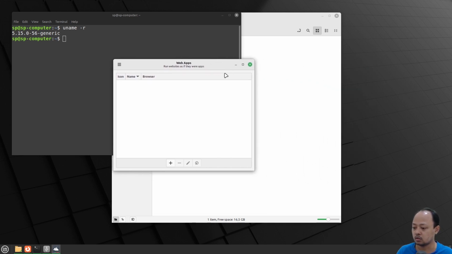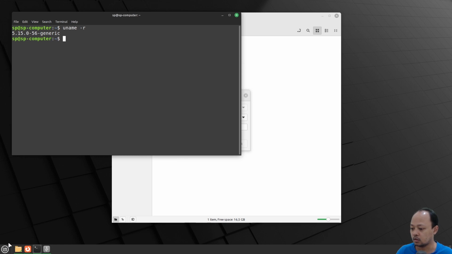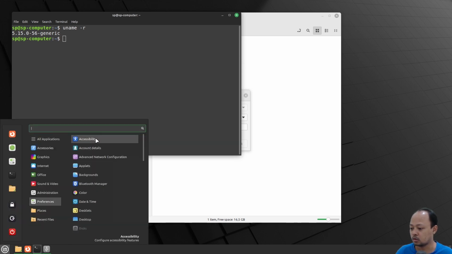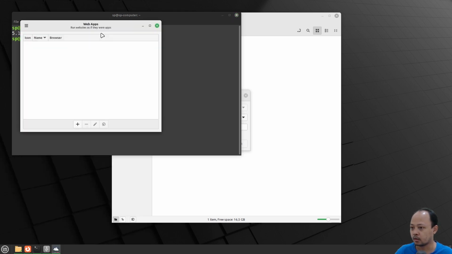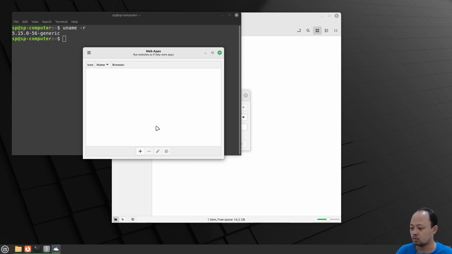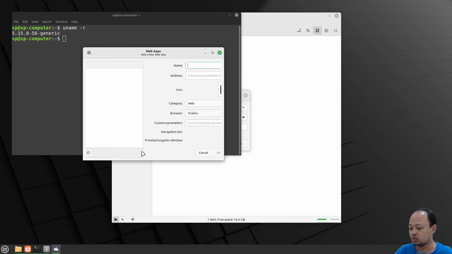To open this, you can click the start menu and type web apps. From here we can add a web launcher on the start menu to save our steps opening a certain website. For example, I will input Facebook.